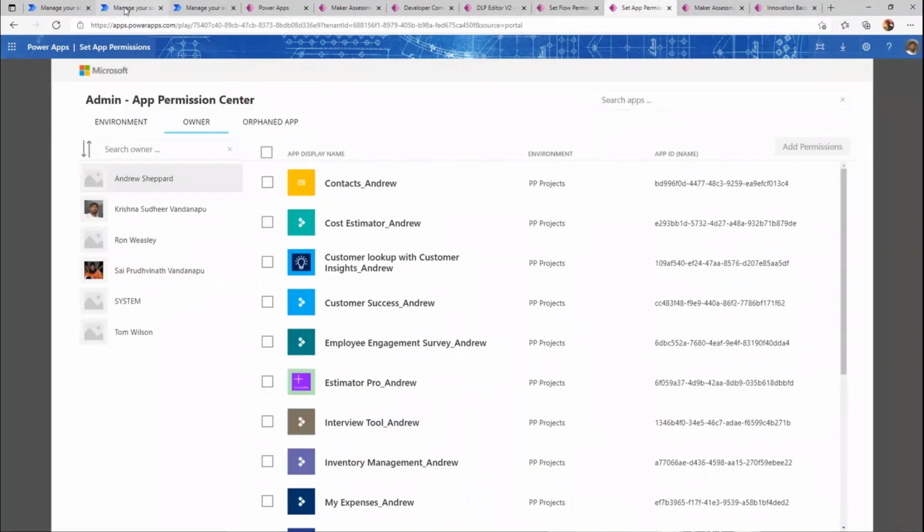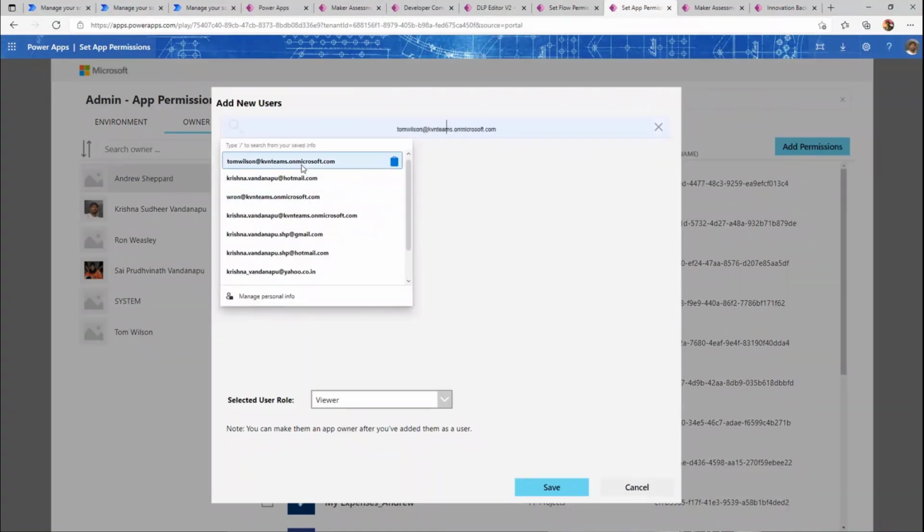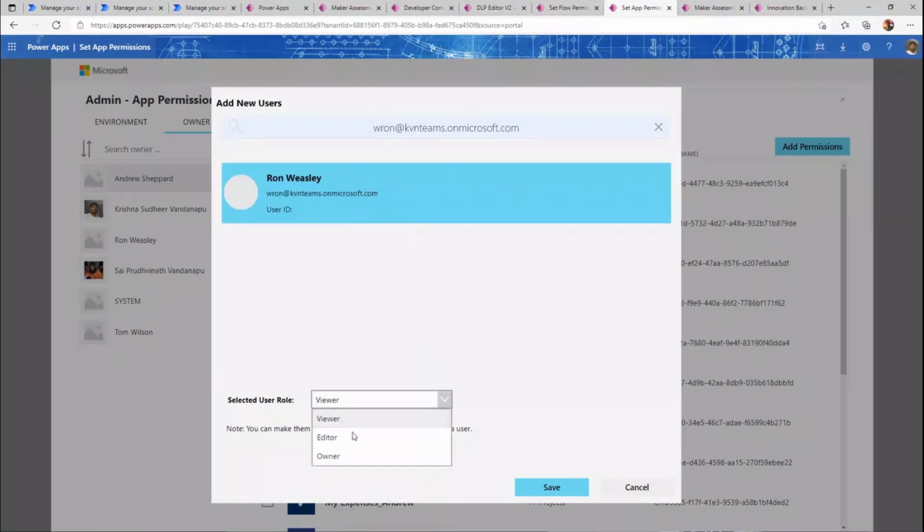These are the app permissions. All these apps are under core components. So if a user wants to just change the ownership of this, select that, add permissions. I can just select the user and say select, and what level of permission I want to give to that user. I can say viewer, editor, or owner. Remember, I can even transfer the ownership of the app from one user to another user right from my app